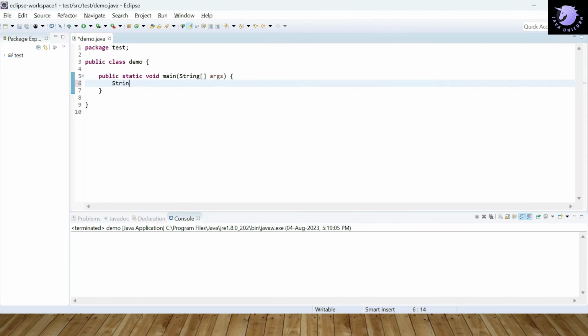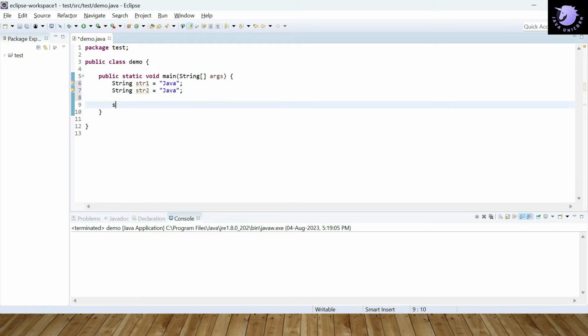Let's say we have two variables here, str1 equals Java, and another variable str2 with the same value.